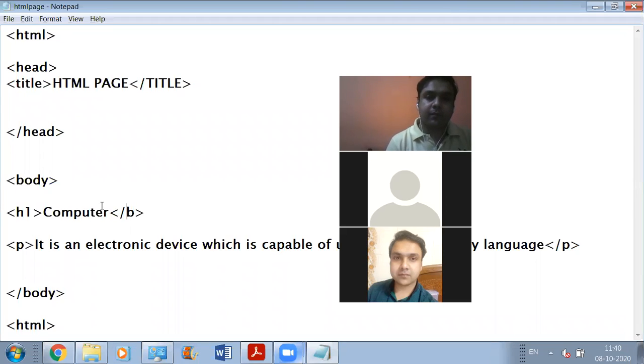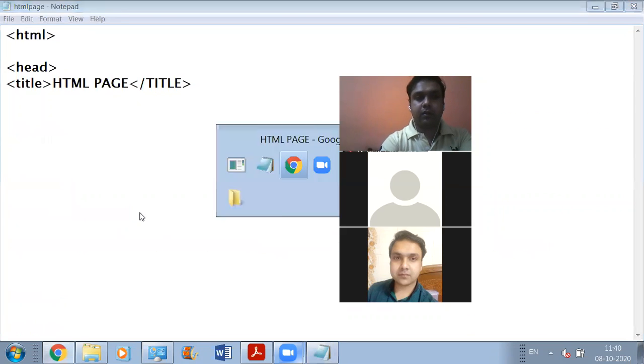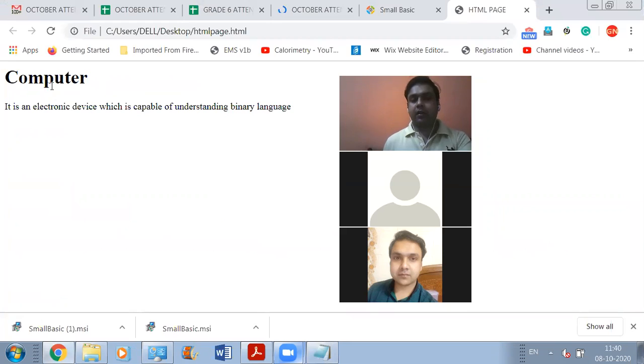सर कंप्यूटर की मतलब लेफ्ट हैंड साइड की तरफ बोल्ड वाला डालना छूट गया था। नहीं बेटा, हम लोगों ने यहाँ पे बोल्ड डाल रखा है, हम लोगों को यहाँ पे H1 डालना है। पहले हम लोगों ने बोल्ड का यूज करा था, now we are using this H1 tag ताकि हमारी हेडिंग बड़ी हो जाए। बोल्ड से छोटा हो रहा था, H1 से बड़ा हो गया। अब देखना आप आउटपुट कैसा है। Are you getting this thing or not? क्लियर है सबको? Yes, sir.